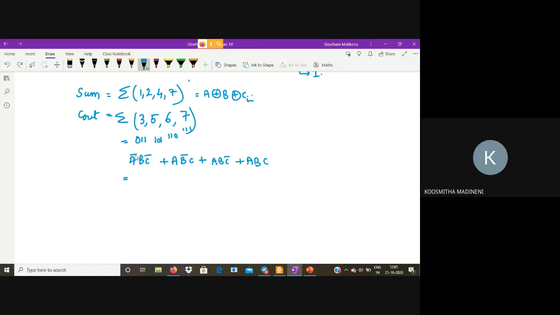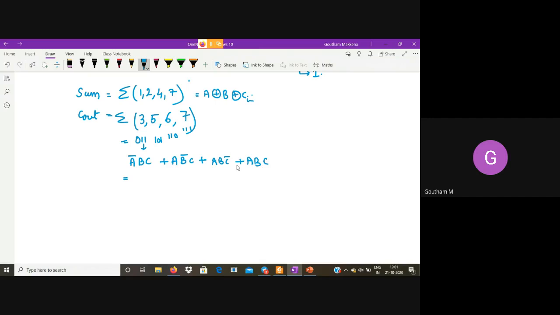Sorry, this bar is wrong. 0, 1, 1 should be A bar BC, ABC. So this is wrong, let me erase this and write this again. So this is A bar BC. Did I write this correct? AB bar C, this is ABC bar. This is ABC. Good.